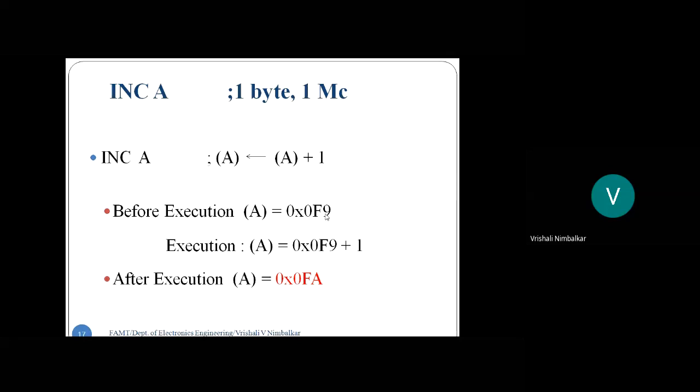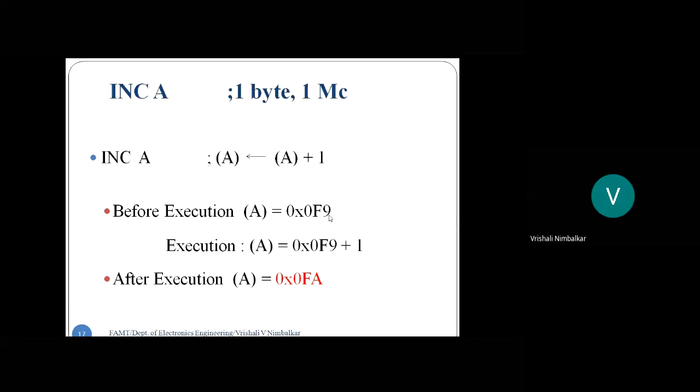See students, we deal with binary, microcontroller deals with binary, and for our convenience, we write the same binary number in hexadecimal. So when I'm writing F9, this is for our convenience, whereas the microcontroller will take F as 1111 and 9 as 1001. Always keep this in mind. The microcontroller does not work on hex. Hexadecimal notation is for the users' or the programmer's convenience. The microcontroller always operates on binary.